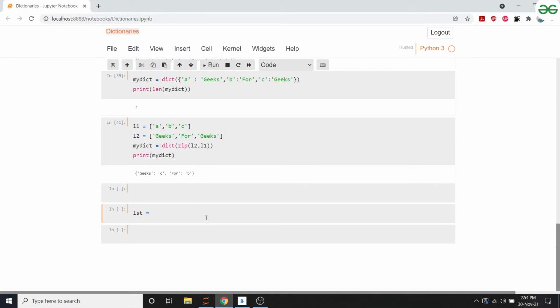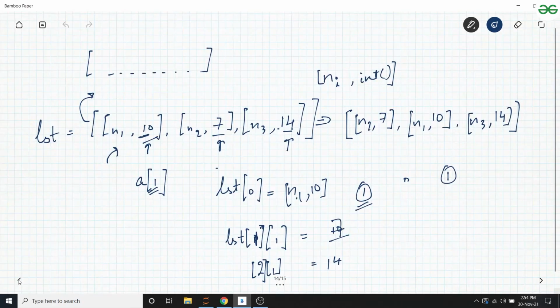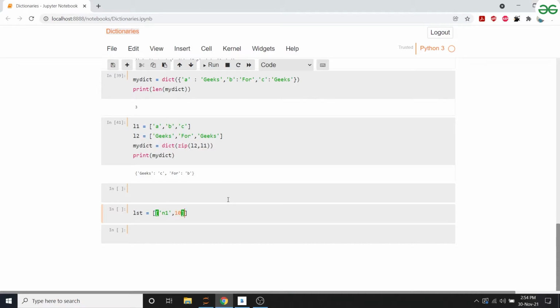First we'll create a nested list, and let's just create it exactly similar to the one we have here, with marks 10, 7 and 14. So n1 10, n2 7 and n3 14.